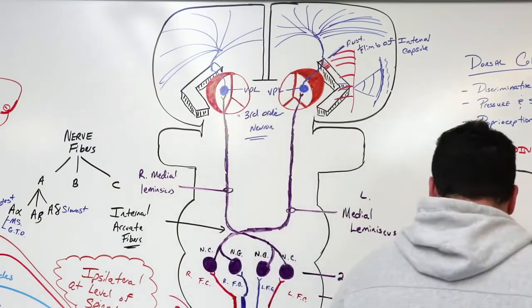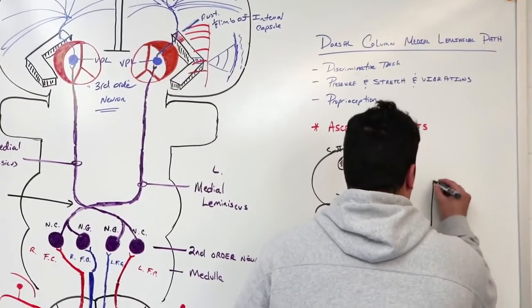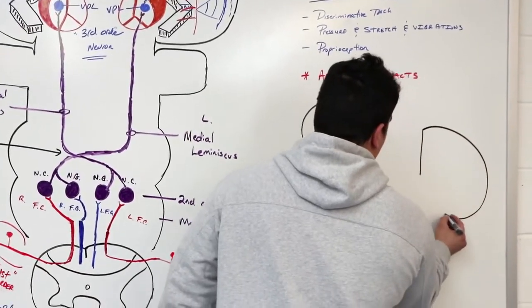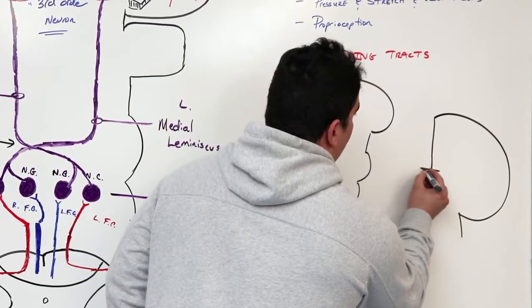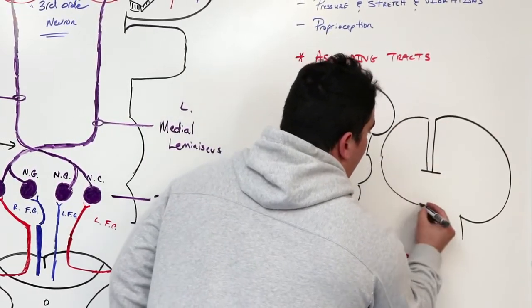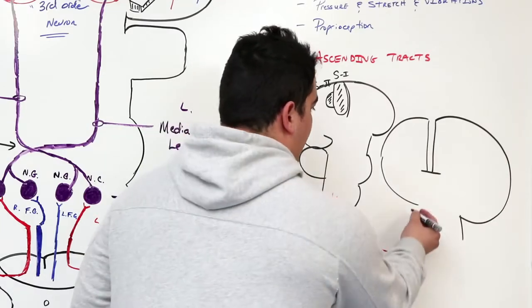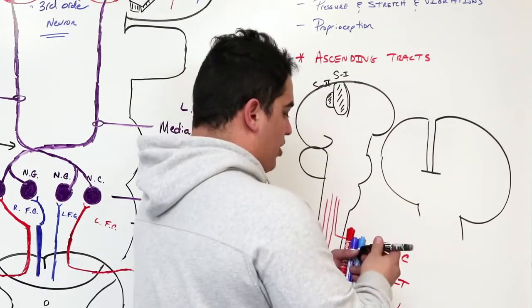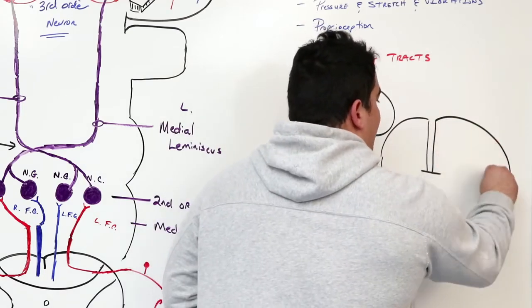Let me come over here real quick. Let me draw a small little diagram. It doesn't have to be anything important, but I just want us to get this part here. So what I'm doing here is I'm just drawing a small section of the actual parietal lobe. Okay, small section, nothing crazy here. Let's just imagine there's a small section of the parietal lobe. Our parietal lobe is arranged in such a way